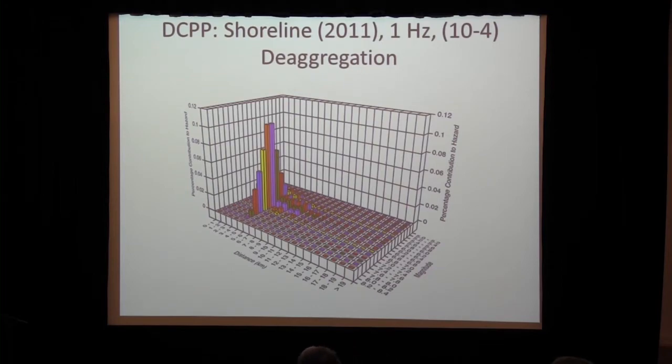Steve? Nick, that explains the difference in the distance distribution. How about the difference in the magnitude distribution between the shoreline and the OV? The shoreline case seems to extend out to larger magnitudes. Yeah, that's